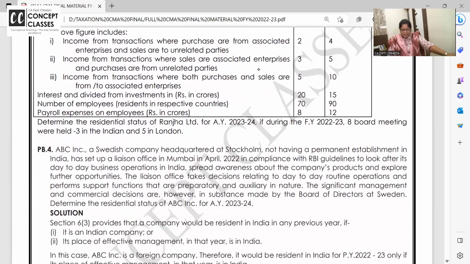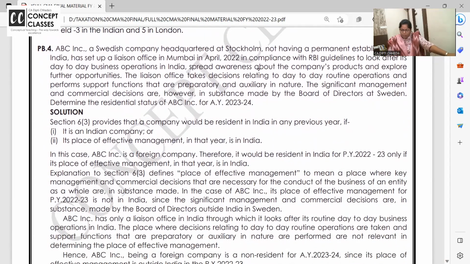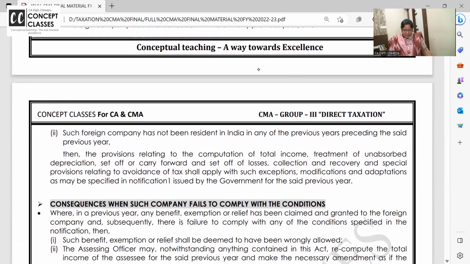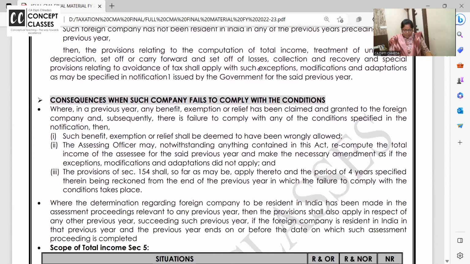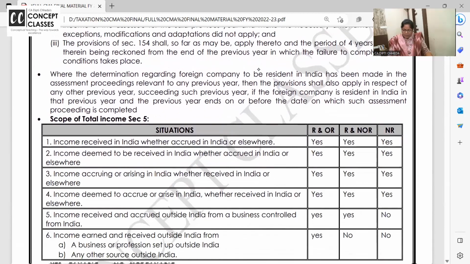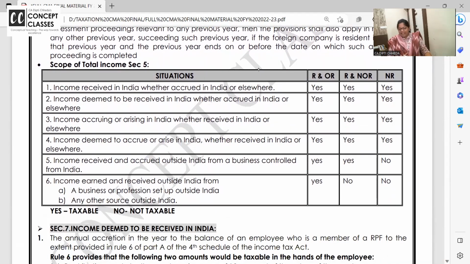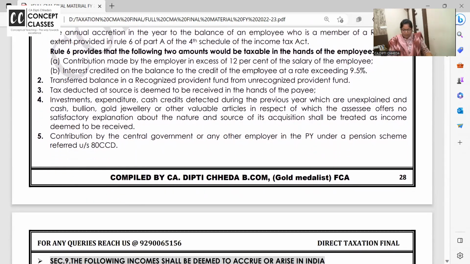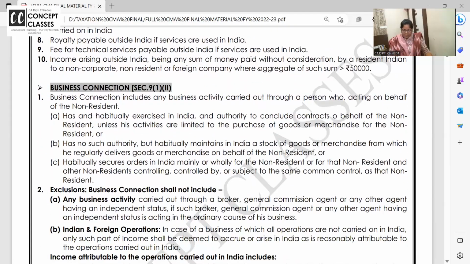Third problem I'm not discussing, we have already done this. Fourth, I also discussed, that the place of business is outside India. Generally the foreign company will be resident if they satisfy these conditions. If it is not satisfied, then it will be non-resident. Okay, there is no need for you to read much more on this. All right, this table is very important for problem solving and I have done it. Taxable, non-taxable. I hope you remember what is income received and deemed. All this is done.